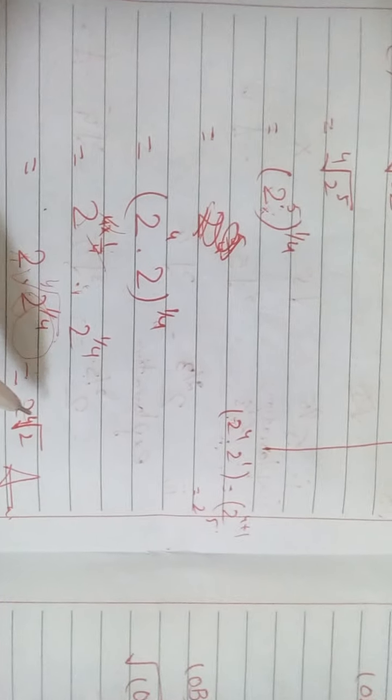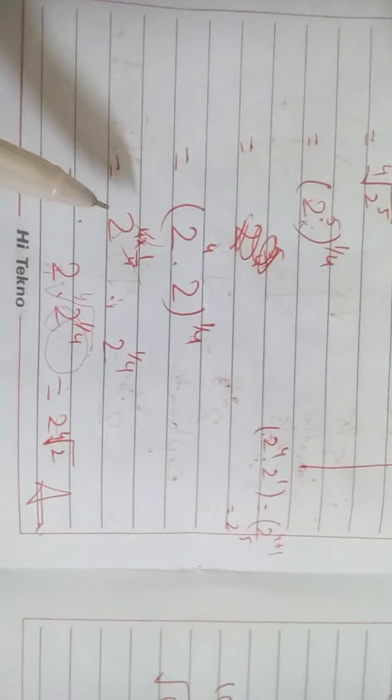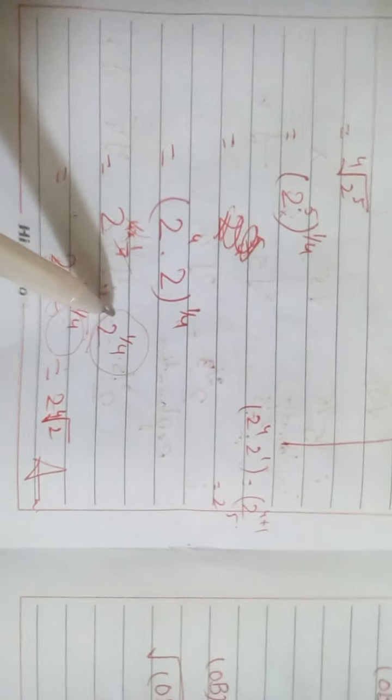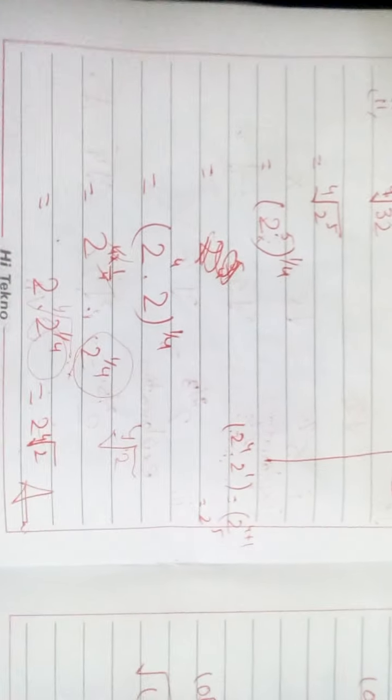Understand that? You can do this question easily. 2 raised to 4, 1 by 4 cancel, 2 is the same. This is written as 2 raised to 4. Understand that? Hope you understand all the questions. Exercise 2.3. Question number 1 has 4 parts. Question number 2 has 4 parts also. And question number 3 has also 4 parts. Complete this exercise by this method. If you have any problem, you can ask me about these questions.